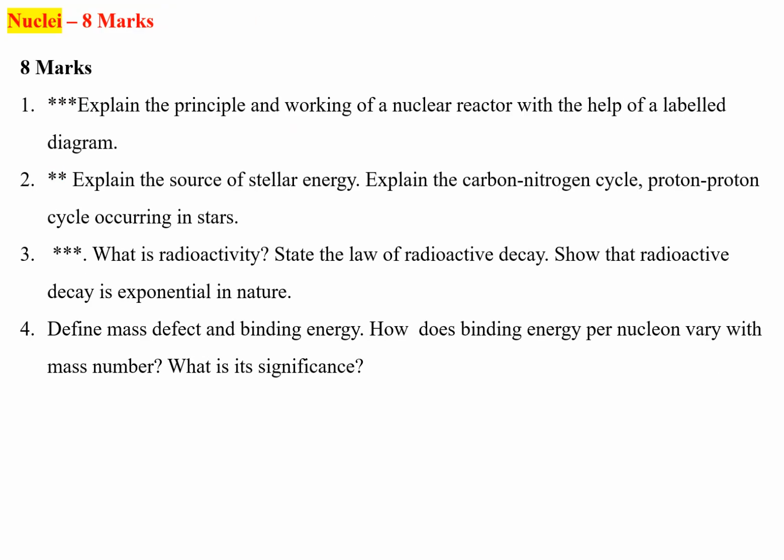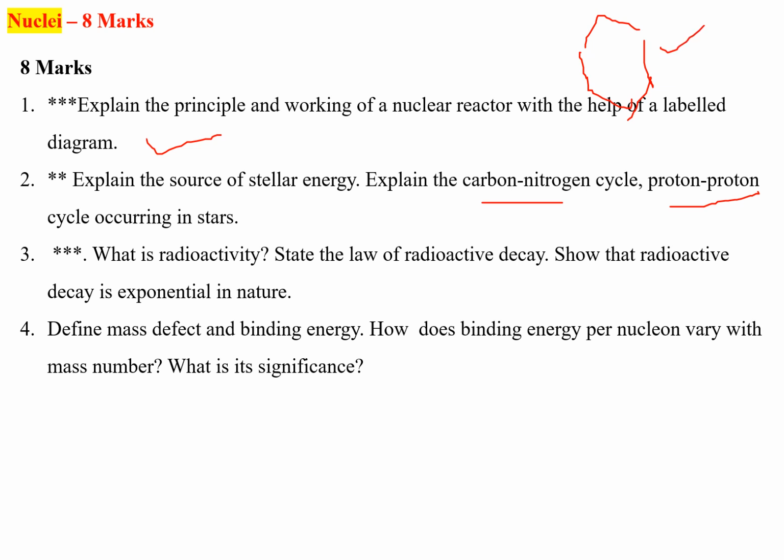The third chapter is about the principle and working of a nuclear reactor. This is most important. You should also go through radioactivity, interstellar, the carbon nitrogen cycle and the proton proton cycle. In the carbon nitrogen cycle, they have shown a benzene ring like structure. Based on this, you can easily understand the steps of the carbon nitrogen cycle a little more easily. Go through this chapter, even if it is available on the net.